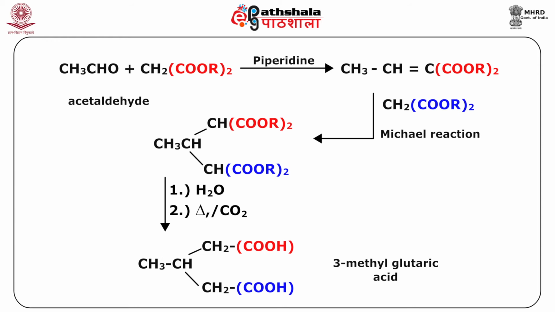with another molecule of this diethyl malonate, the Michael reaction happens and it will be attacking on this beta carbon. So, this attacks at beta carbon and as a result we get this condensed product, and on further hydrolysis all these ester groups will get hydrolyzed and there will be decarboxylation giving corresponding 3-methyl glutaric acid